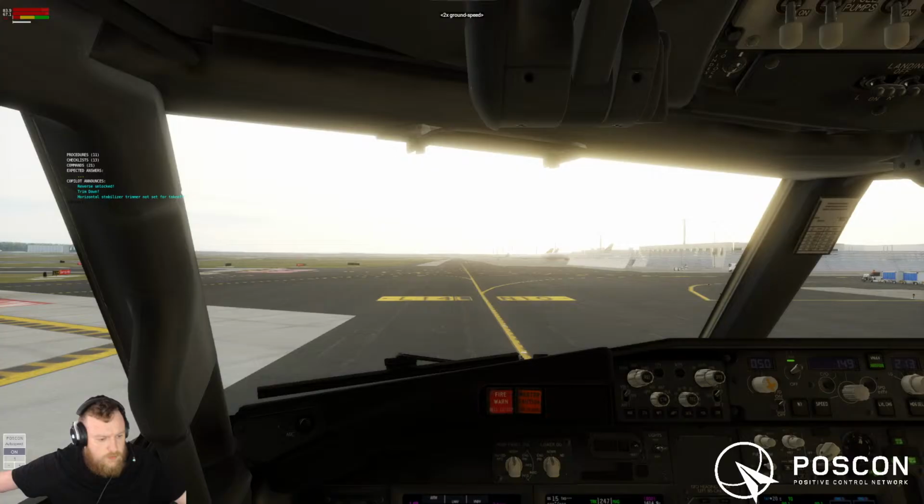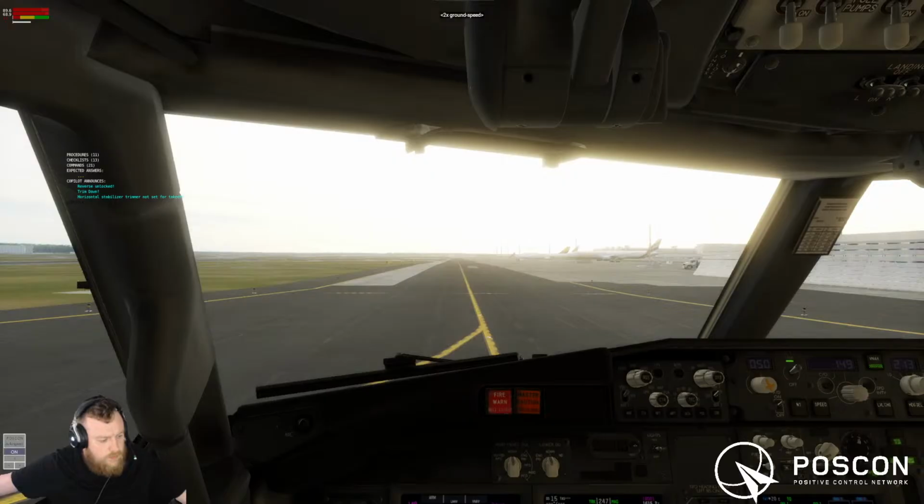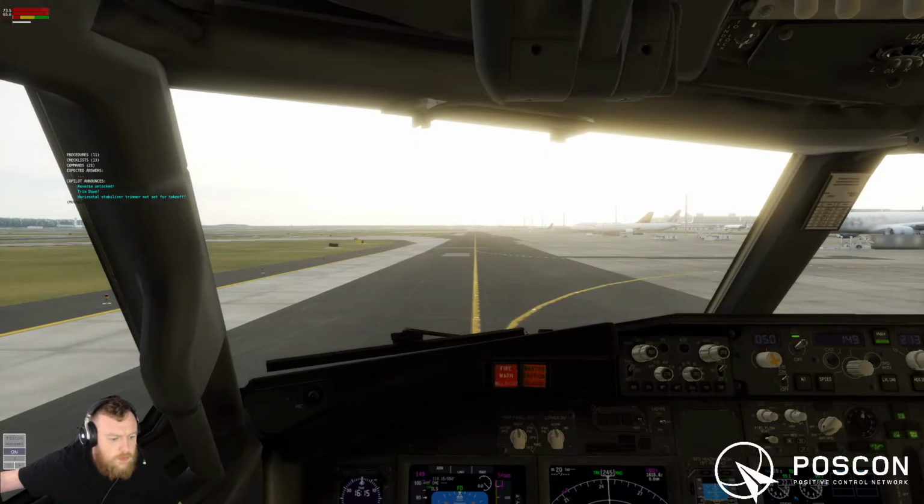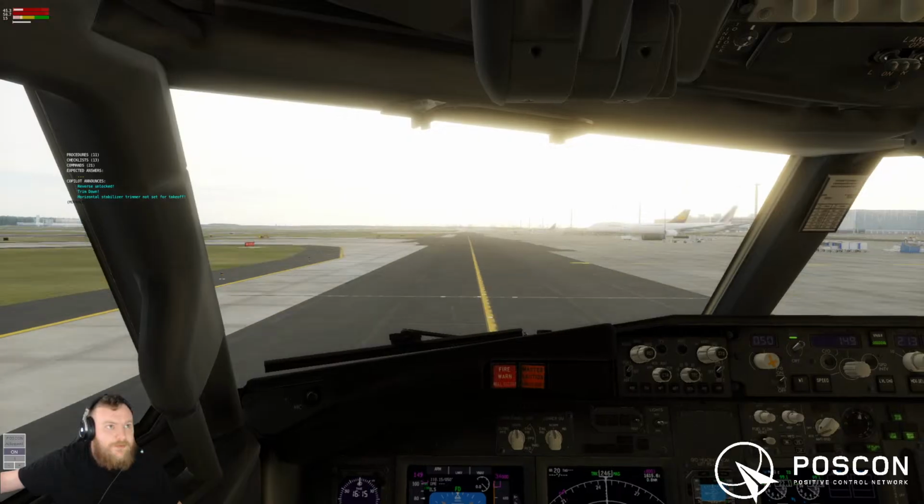Tiny bit more, we're at 16 knots, we can do 30. I'm kind of hoping for someone to come online on Postcon and do ATC for landing. But right last second, just before we go off the